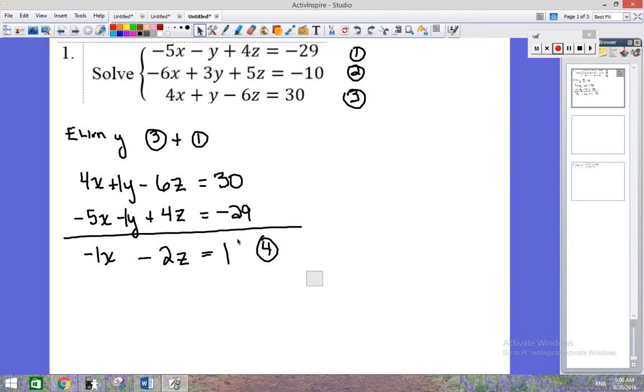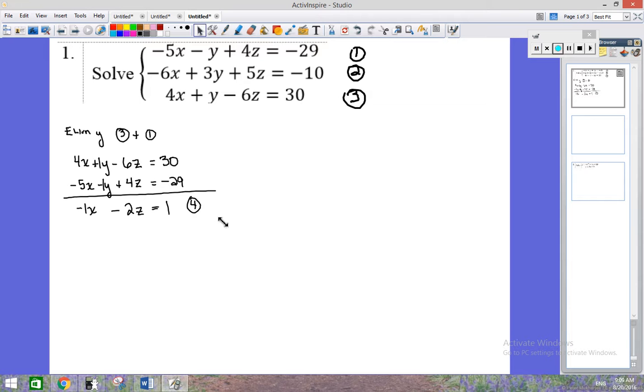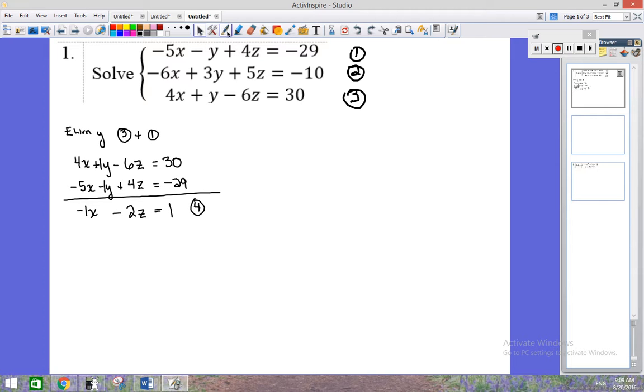Let's shrink this up just a little bit. So now I have one equation in two variables. I need a second equation in two variables. So I'm still going to eliminate y. Last time I did not use equation 2, so this time I have to use equation 2. So it has a positive 3. I look up to equation 1 and I can easily make that a negative 3 for equal and opposite. So I'm going to take equation 2 and I'm going to add to it 3 times equation 1. So if we copy equation 2 as is,